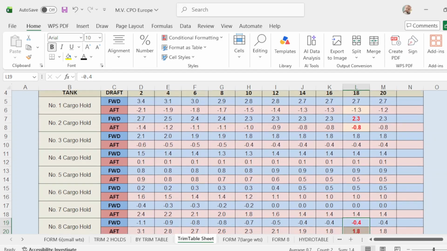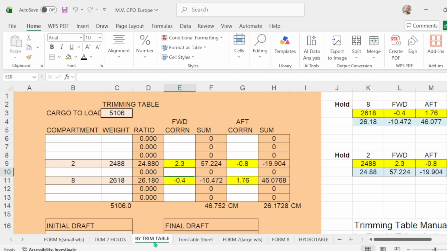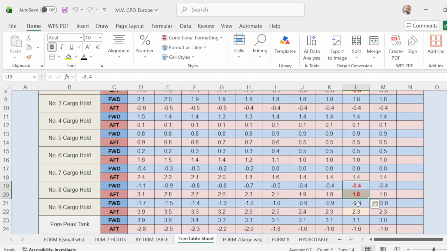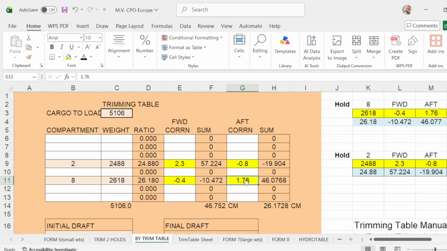Okay, and number 8, forward correction, how much for number 8? Scroll down. Number 8, forward correction is negative 0.4, and up correction is how much? Up correction is 1.8 positive. So what this should be, I'm sorry, 1.8. Okay, take note,